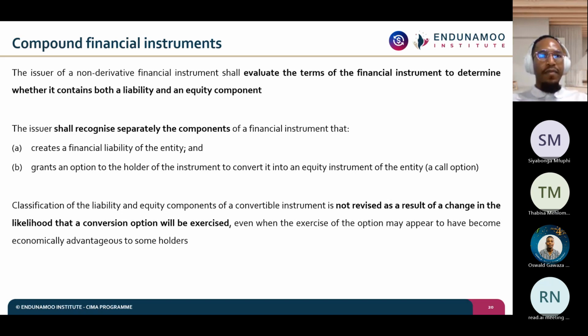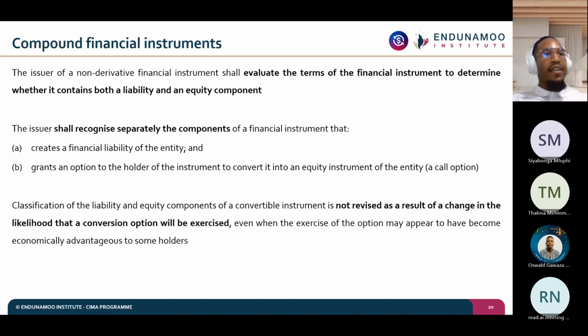nature. The classification of the liability and the equity components of a convertible instrument is not revised if there is a change in the likelihood that a conversion option will be exercised, even when the exercise of the option may appear to have become economically advantageous to some holders. So at the initial recognition stage,